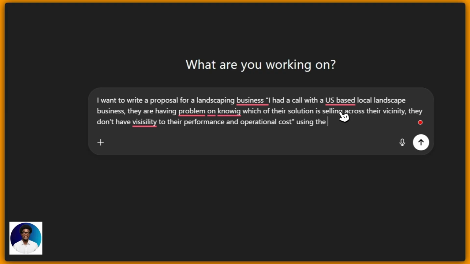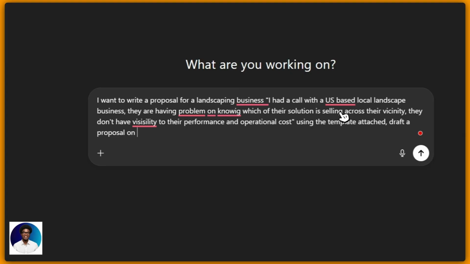Using the template attached, draft a proposal on how to help them, providing a solution to their problem using the data they have.